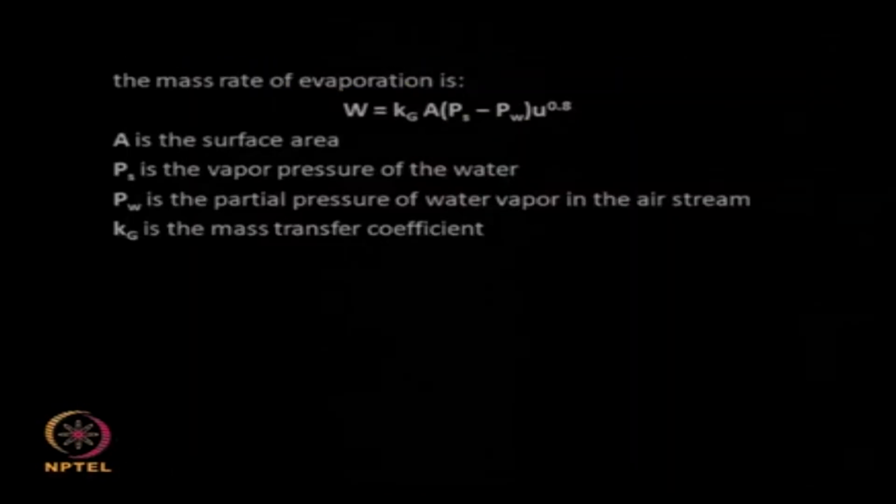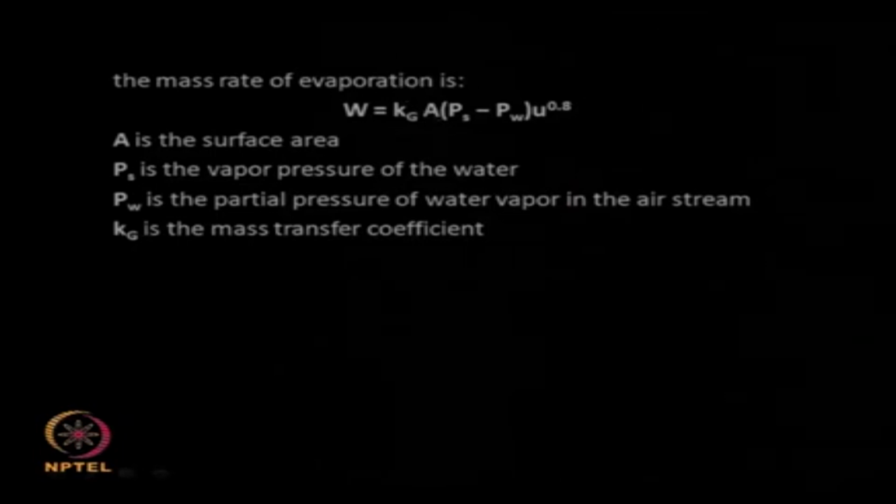So the mass rate of evaporation, that means I am applying heat, so the water gets evaporated. Here, for the mass rate of evaporation, k is the mass transfer coefficient, A is the area, Ps is the vapor pressure of the water, Pw is the partial pressure of water vapor in the air, U is the velocity, raised to the power 0.8. This is the mass rate of evaporation of water. So it is a function of area,